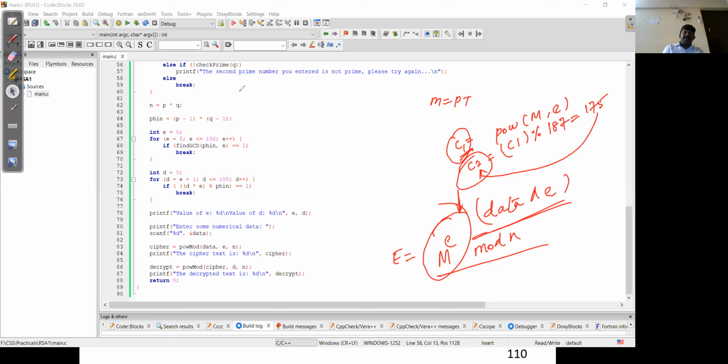In order to do the decryption part, you can use the same function, power, with the ciphertext value and the d value which we calculated, right? I hope this is clear. Any further clarification required on this programming part? I can explain the code, I can demonstrate the code again and show the output of how it works, and based on that you can write your simple code.